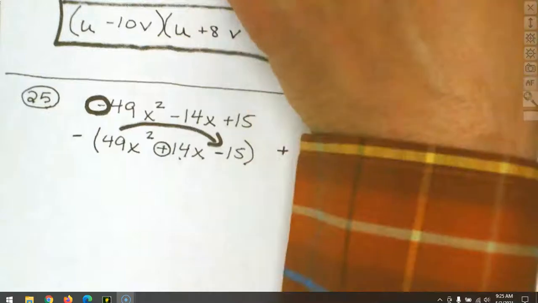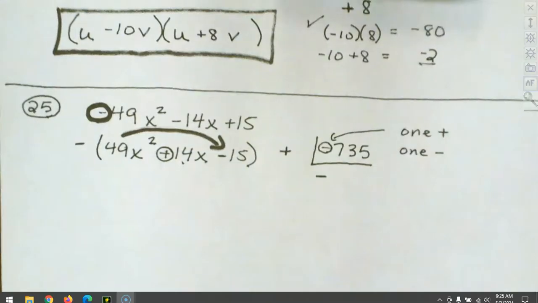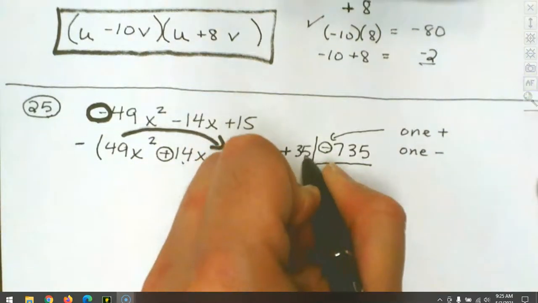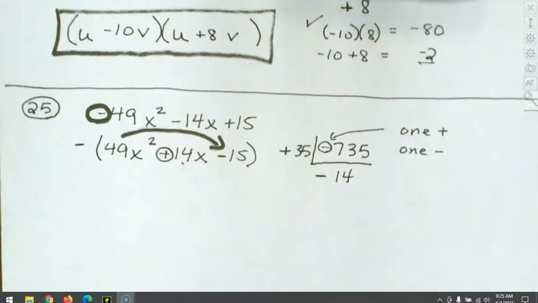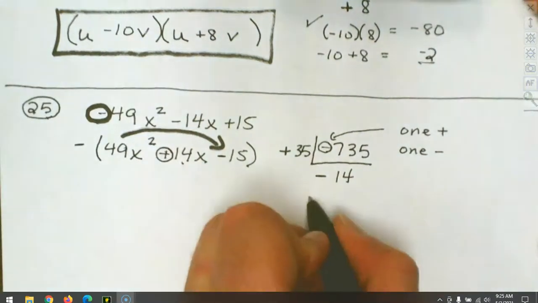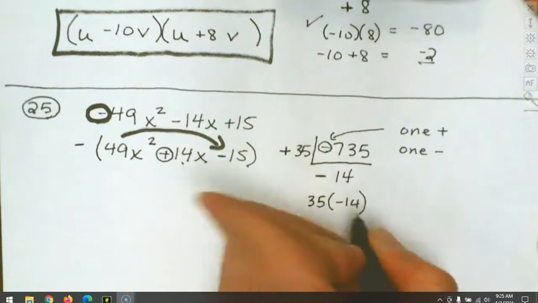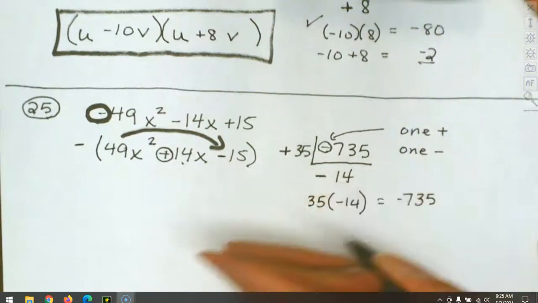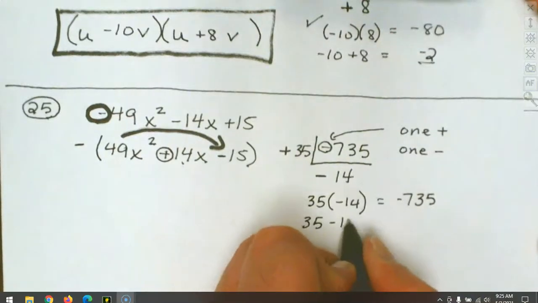So it ended in a 5, and so we tried 5, we tried 15, we tried 25. We eventually got it because we used a 35. Now, how do we check? 35 times a negative 14, well, that's a negative 735. And 35 minus 14,